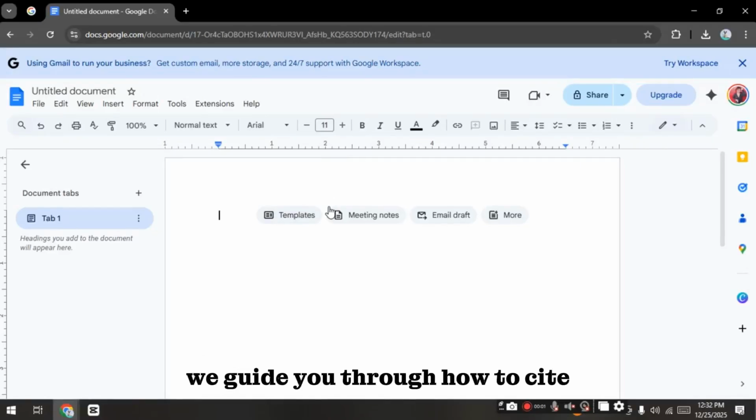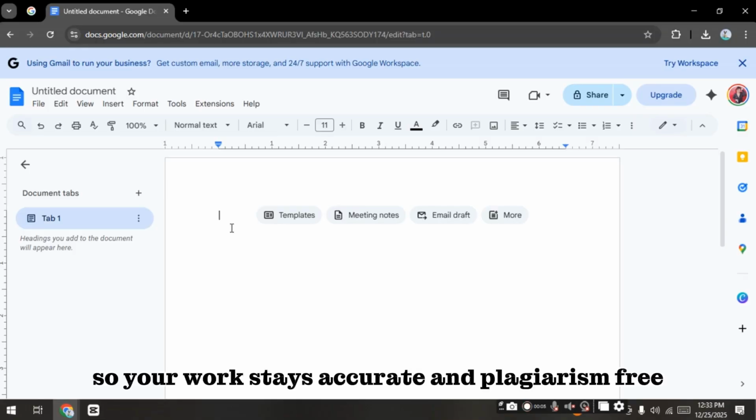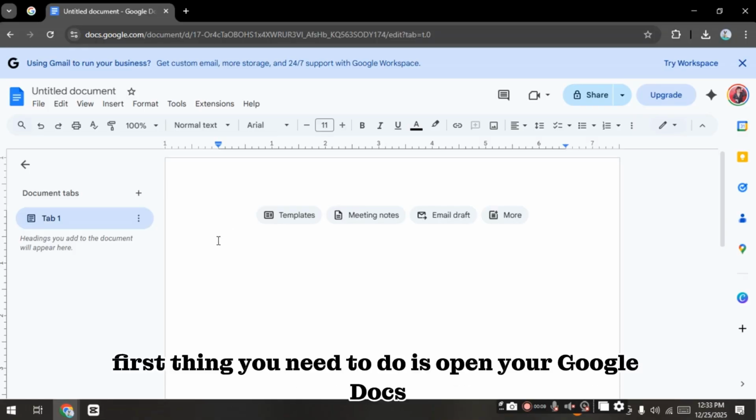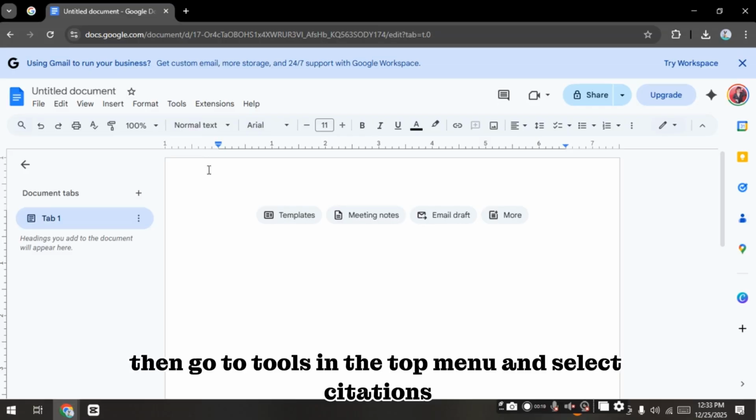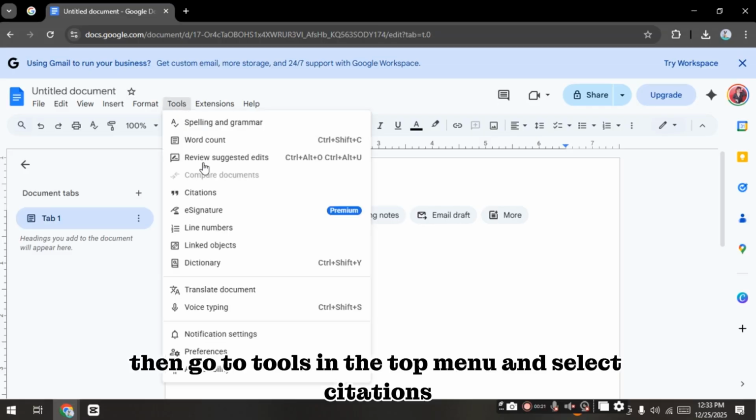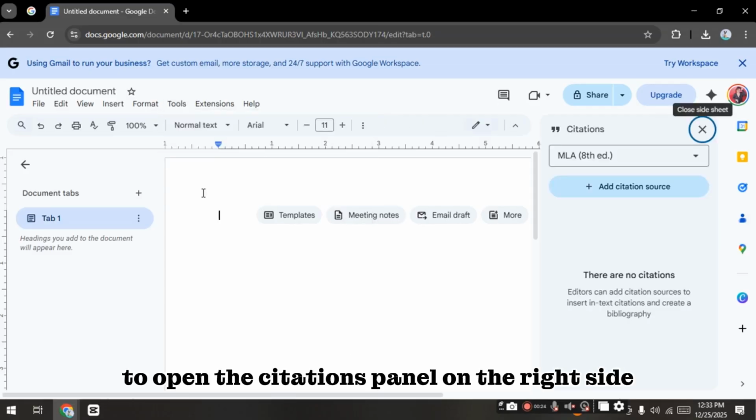We guide you through how to cite a source in Google Docs so your work stays accurate and plagiarism-free. First thing you need to do is open your Google Docs document and place your cursor where you want the citation to appear. Then, go to Tools in the top menu and select Citations to open the Citations panel on